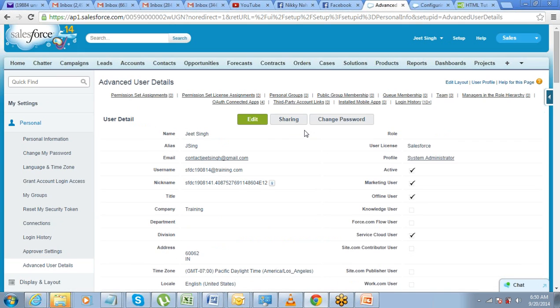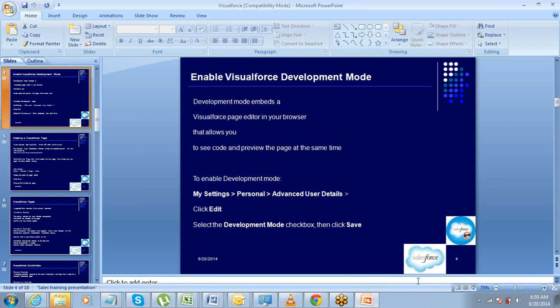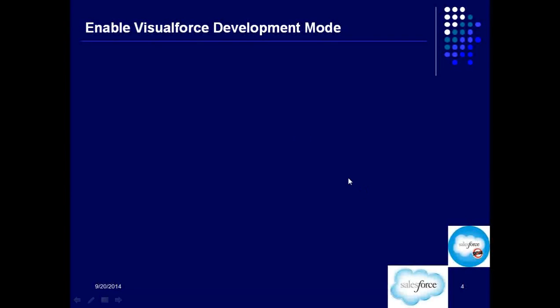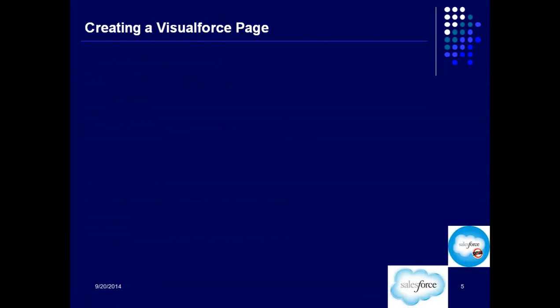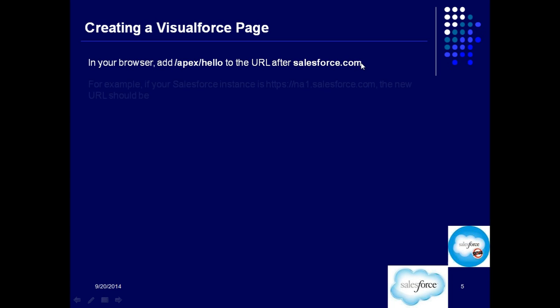Now once this part is done, there is another way of creating a Visualforce page. What is the other way? In your browser, add /apex/page name to the URL after salesforce.com, right?